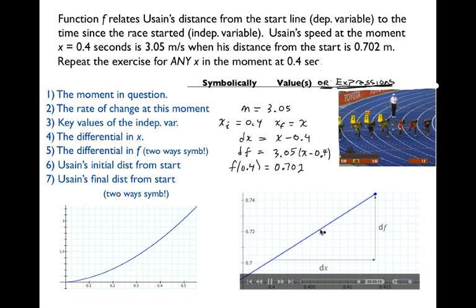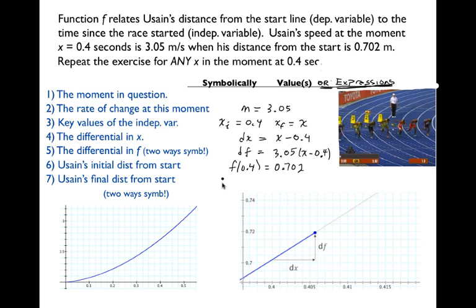For any one of these correspondence points, how do we write what that distance from start is? It's going to be f of what? f of x equals. Sorry, yeah. So I said repeat the exercise for any x. That any x is, in our situation, the x final. The answer is going to just have x in it, but in this case, it's the same as x final. Okay, so then